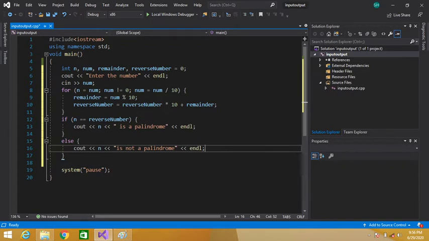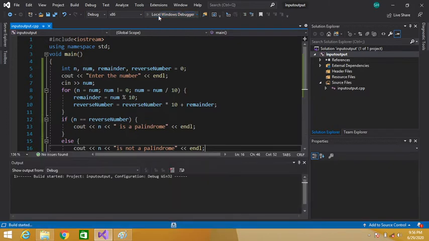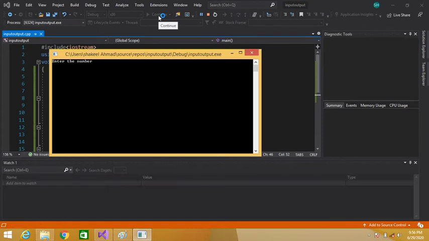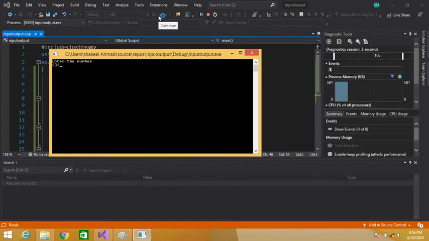So guys, let's execute this program to see whether it works fine or not. Let's suppose I entered 131. 131 is a palindrome, so our program is working fine because 131 and its reverse are the same.